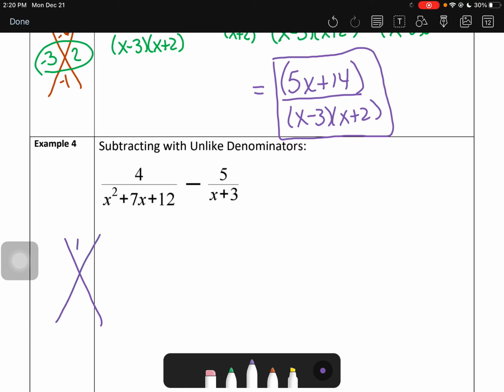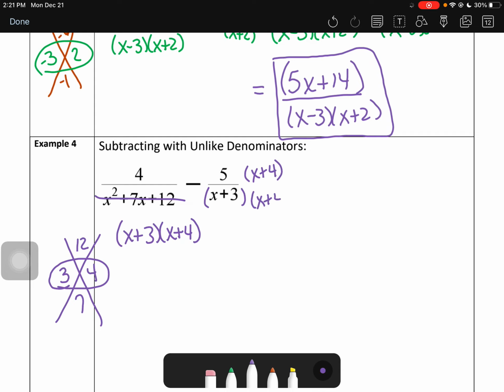So let's factor the x squared expression. What two numbers multiply to be 12 but add up to be 7? That would be 3 and 4. So we'd have x plus 3 and x plus 4. And notice on the second expression that we would have to multiply both the top and the bottom by x plus 4 to get our common denominator. So we have 4 over x plus 3 and x plus 4